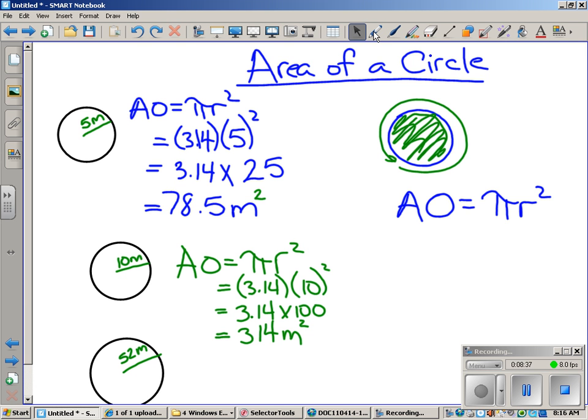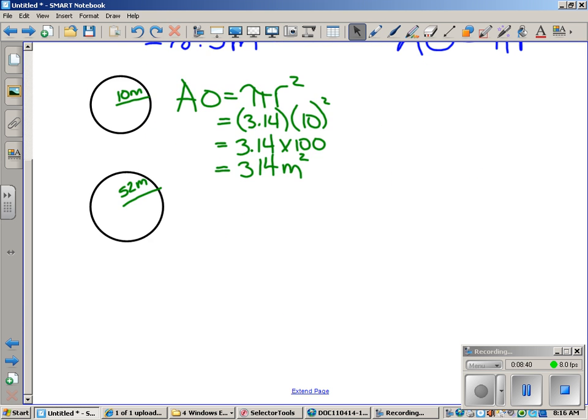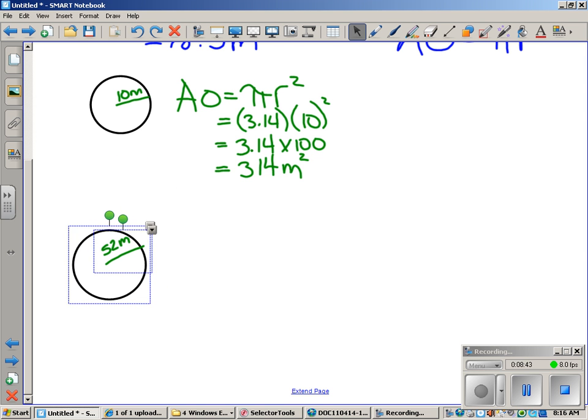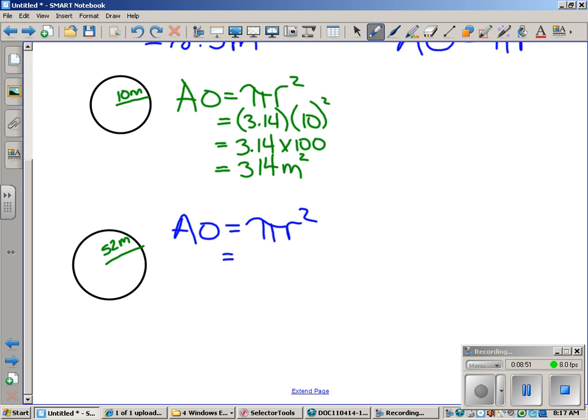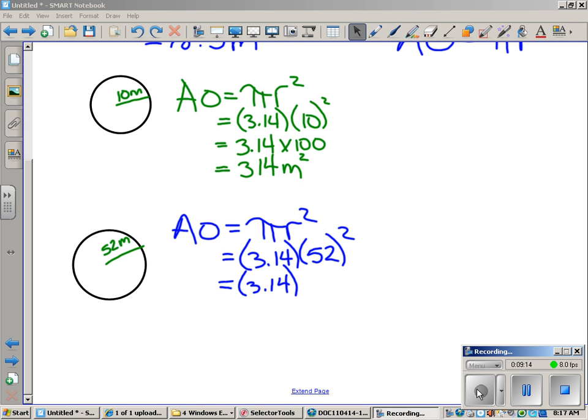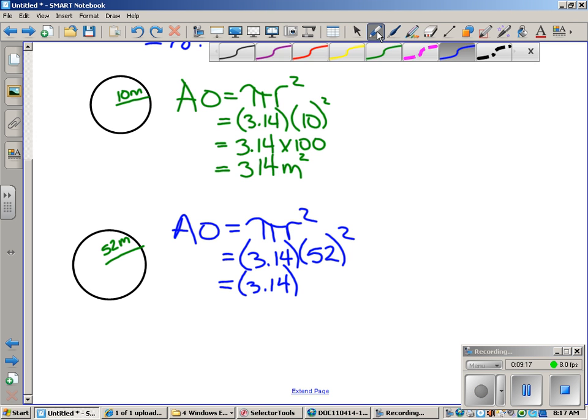One last one before we do a little bit of practice with it. All right, here we go. Change colors. Area of a circle equals pi times radius squared. Fill in what you know. 3.14 times 52 squared. Now some people will panic when they see this because 52 will be such a big number when we square it. But numbers are just numbers. Don't fear large numbers. Don't fear decimal numbers. Don't fear negative numbers. So 52 squared is